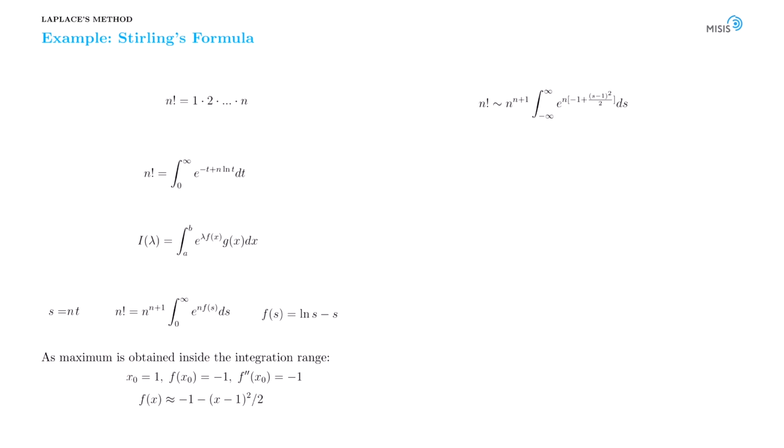Finally, as you remember from the previous lecture, our next step is to substitute this approximation into the full integral. So instead of f of s here, we substitute its quadratic approximation. And as a result, we come to a Gaussian integral. Let me remind you how to evaluate this integral. For this, we use the standard form of the Gaussian integral.